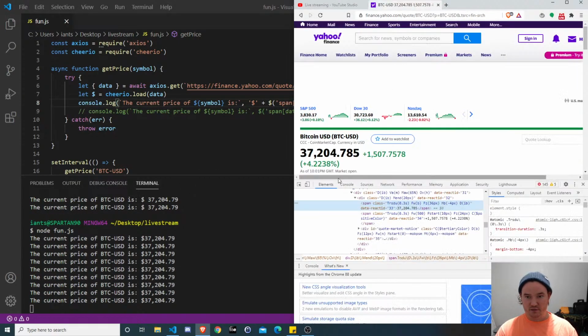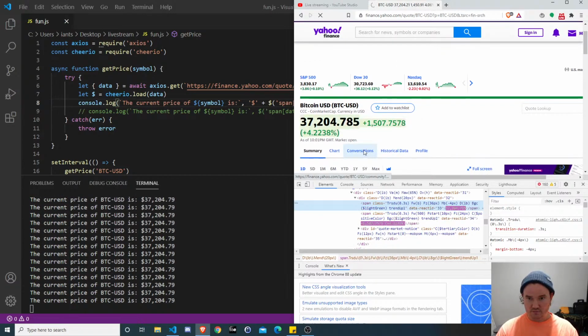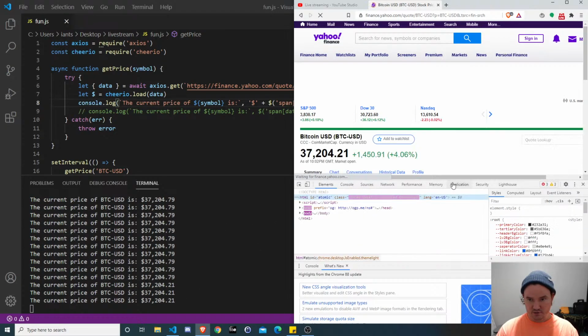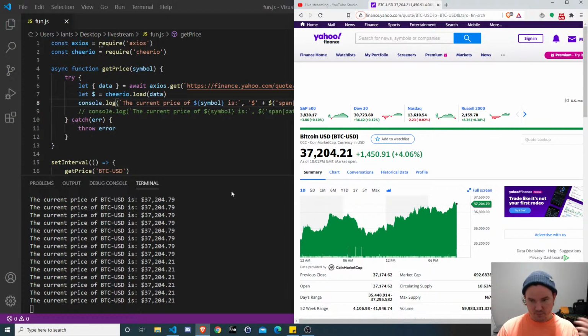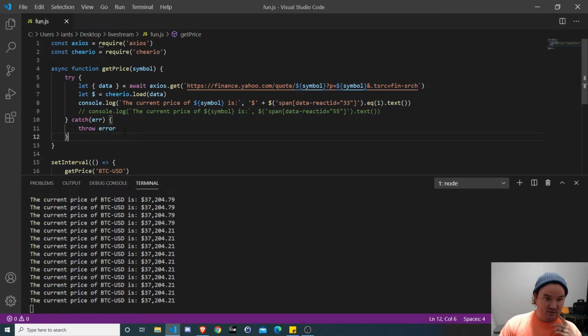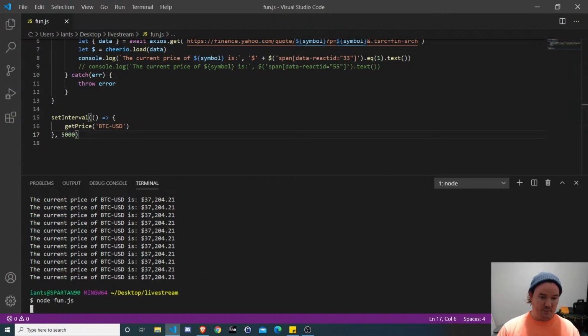So at this point, it's pulling. If we go back and look, that's interesting. Refresh it. So there's that 204.79. Then refresh it again. 0421. Yeah. All right, so that's it. These values aren't changing every 1.5 seconds or whatever. So if you want, you can go down here and change it to every 5 seconds, which is 5,000 milliseconds. And even then, it's probably not going to change that fast. You could do 10, 20 seconds, whatever.